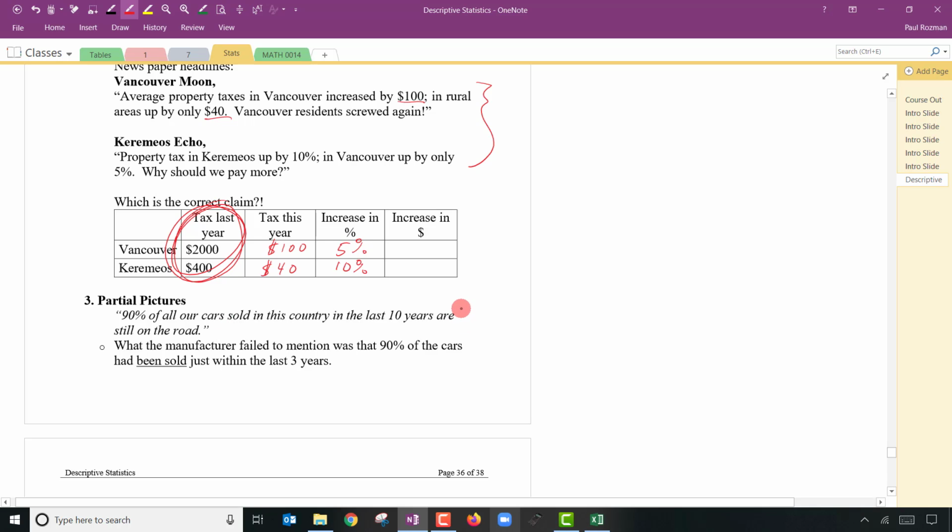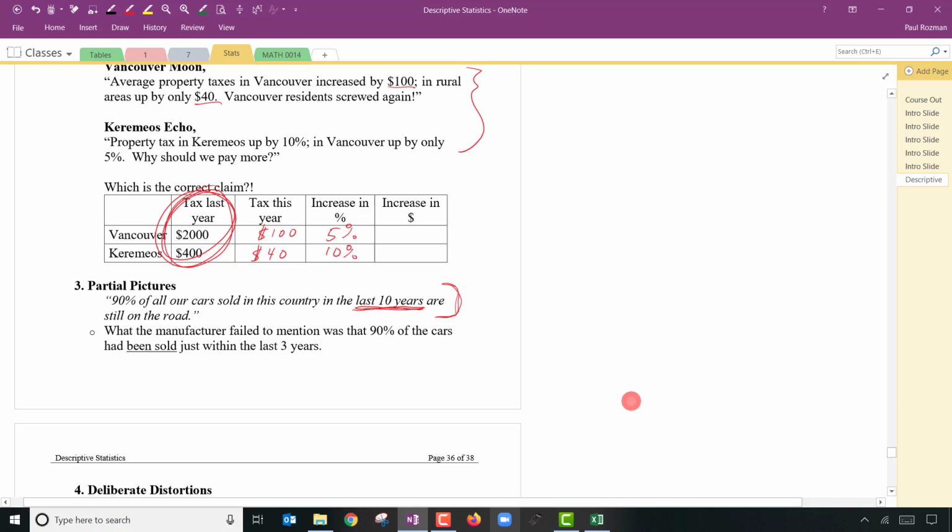So you have to watch out for sneaky little tricks like that. If the Toyota Corolla made this claim, it's a reasonable claim. They probably have been making those things for 10 years, and it's reasonable to judge them this way. Sales are probably similar from year to year. But if you don't know the distribution of sales within the 10 years, it makes that kind of a sneaky question or statement.